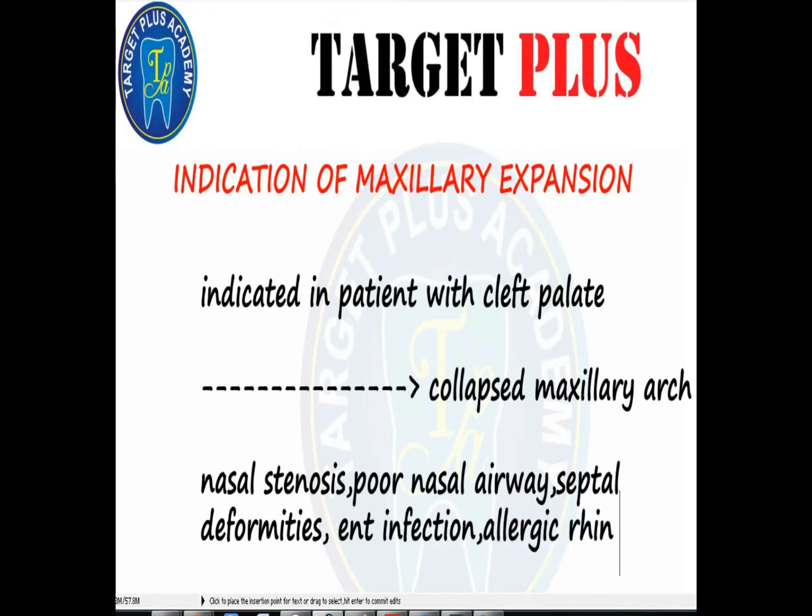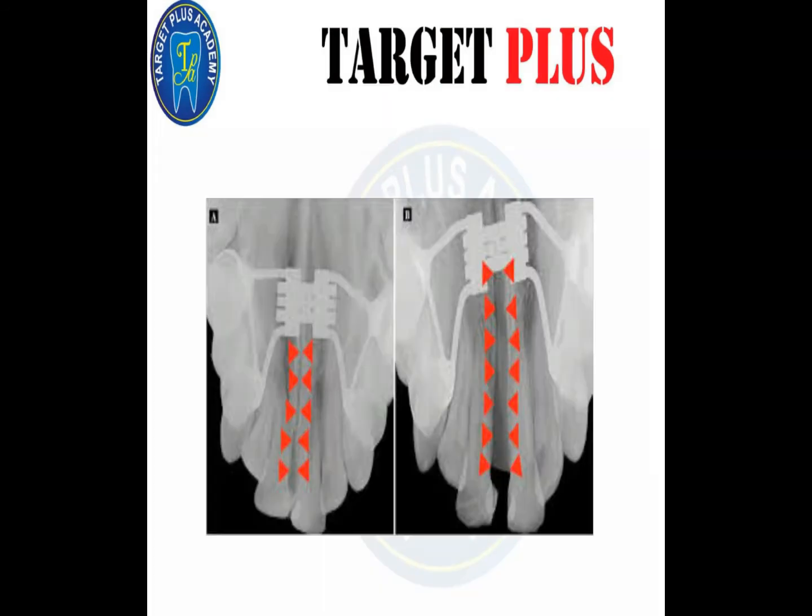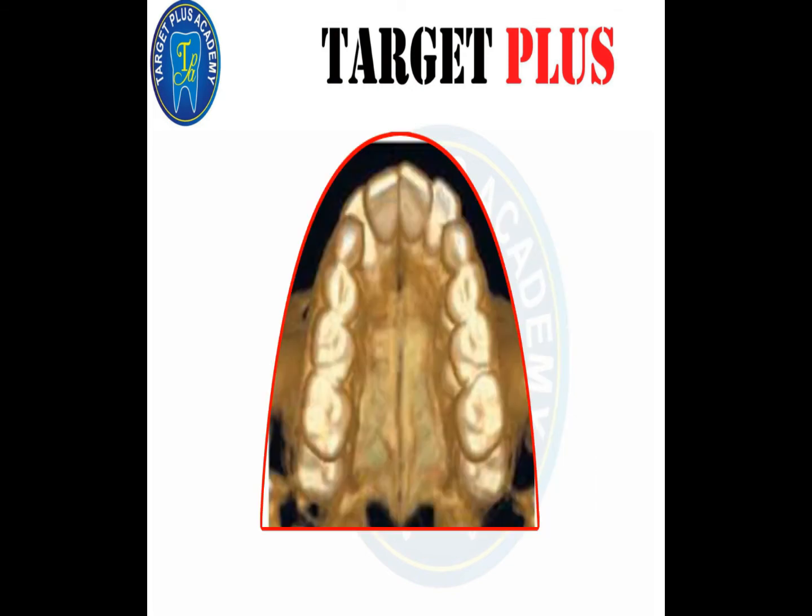Now, diagnostic aspects: how to check the mid-palatine suture. The mid-palatine suture can be visualized in the maxillary occlusal view through the radiograph. These radiographs are used during treatment to check the mid-palatal split and estimate the amount of maxillary expansion that is achieved. So what are the effects of these rapid maxillary expansion devices?